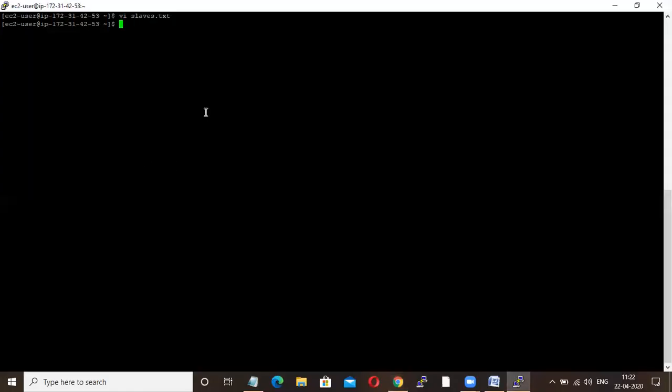Here you are getting 404. This is the official website. Might be in one or two days you will get this. You will get some script here. Now instead of slaves.txt, instead of this static inventory file, you just use this ec2.py so that you can work with your dynamic inventory, so that you don't have to update your inventory file every time. Okay, this is dynamic inventory.